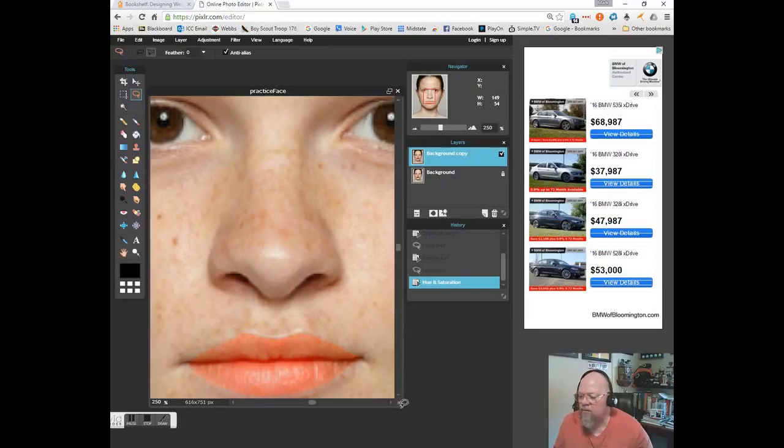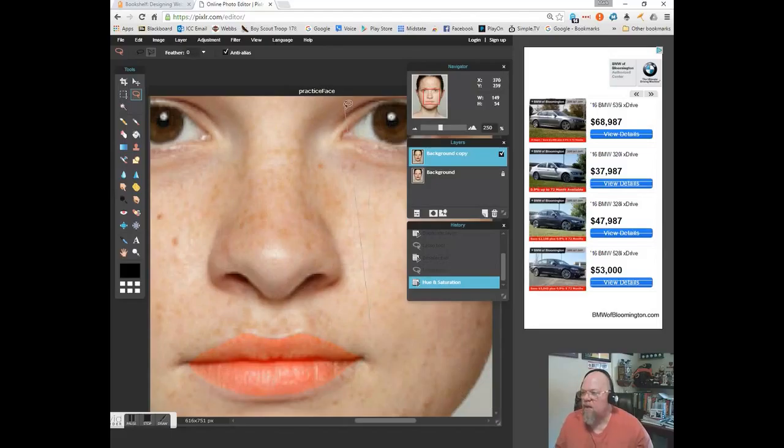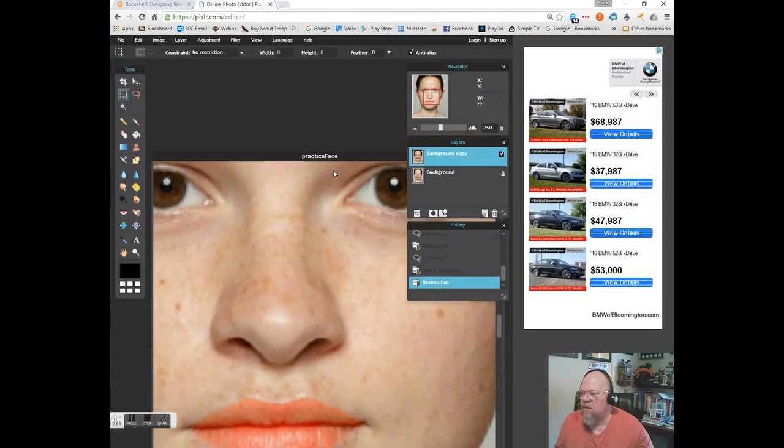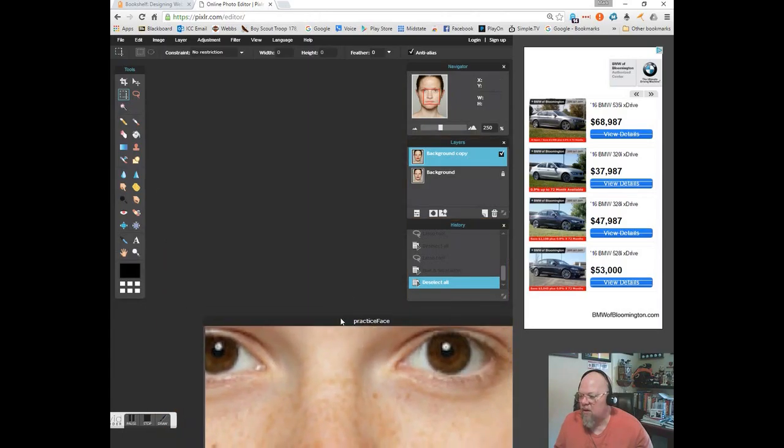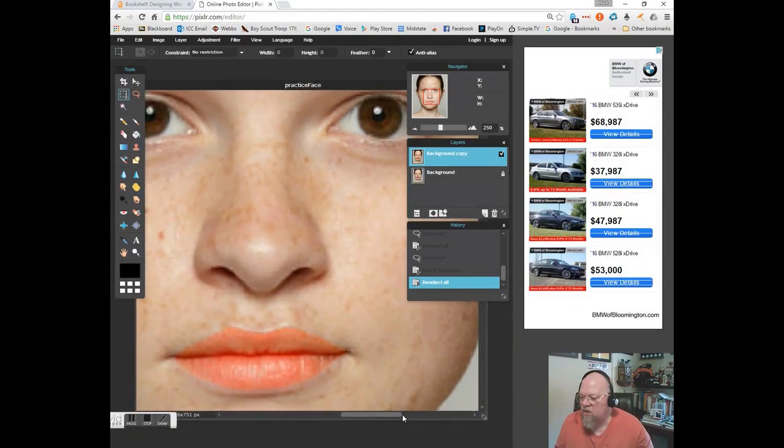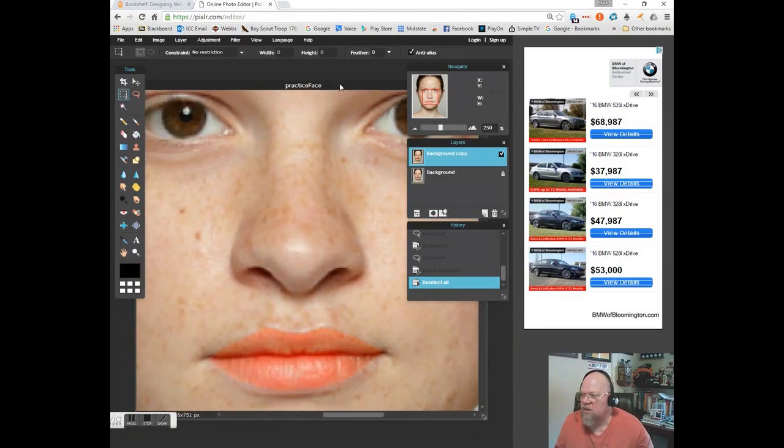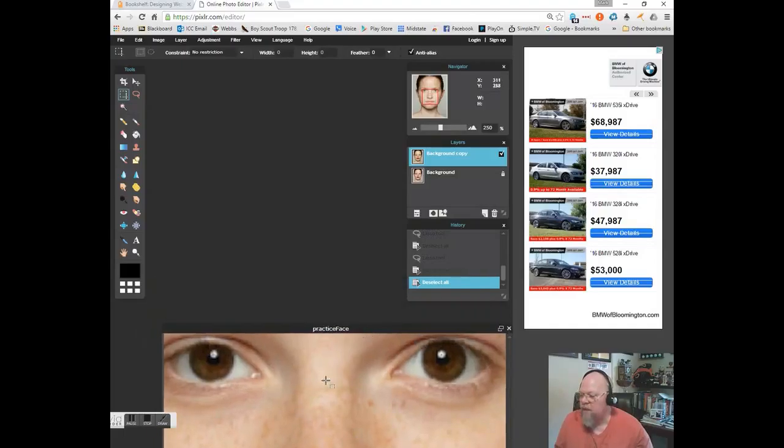I'm going to widen my screen here. And what I want to do is I want to change the color of her eyes. I'm going to change them from brown to blue. So what I'm going to do is I'm going to use my tool, and I'm going to just grab the brown part